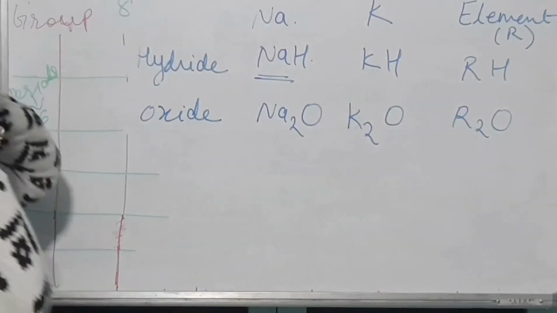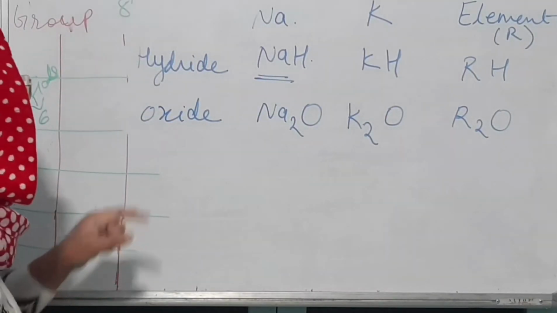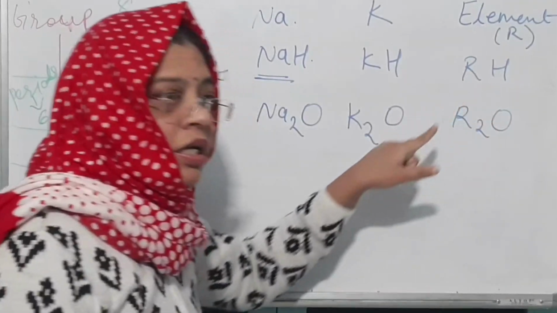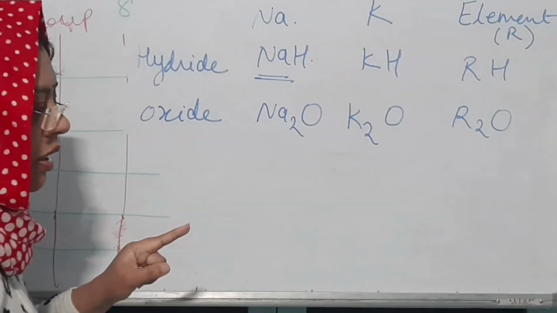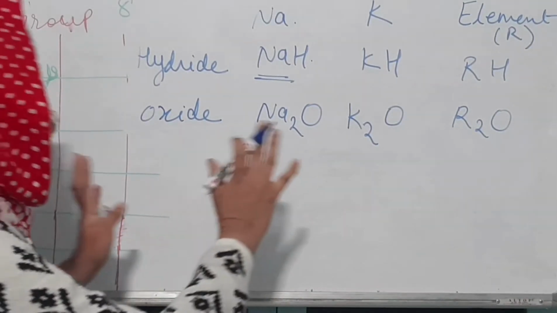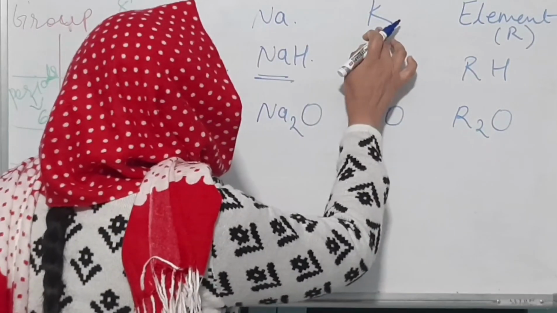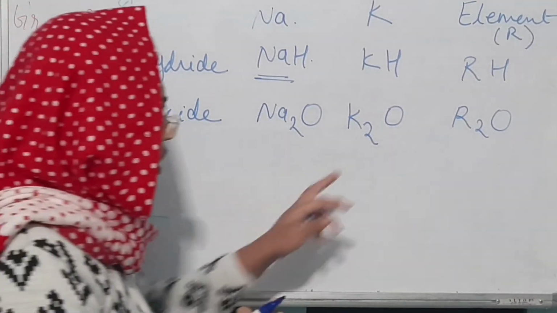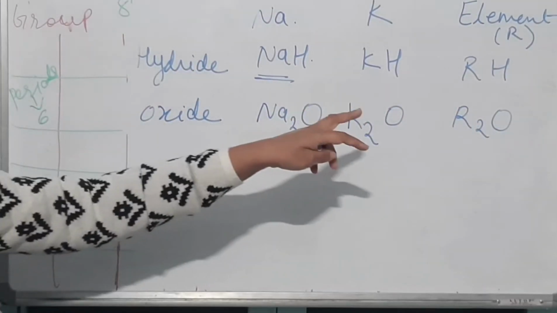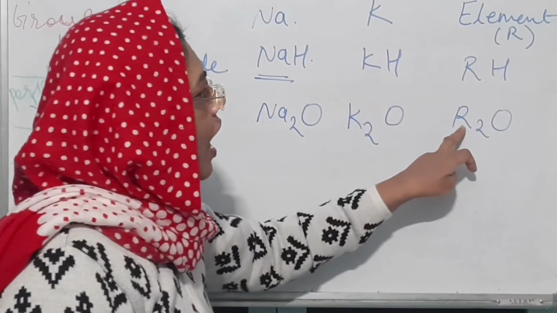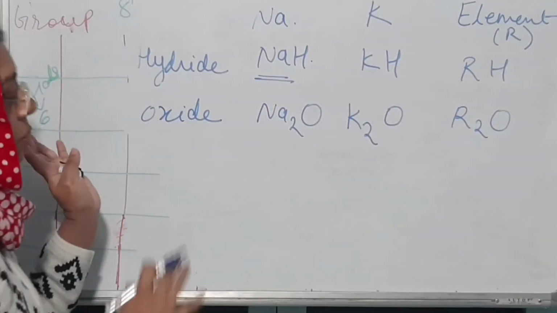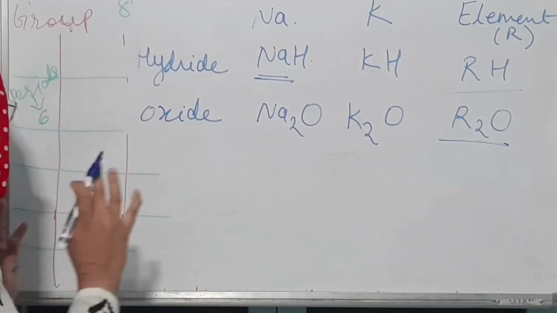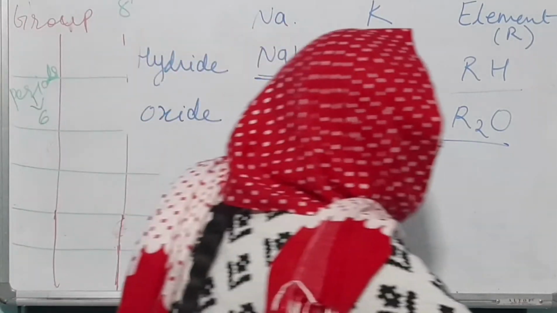It means that both sodium and potassium have the same chemical properties. So Mendeleev grouped sodium and potassium together because they had similar chemical properties. How did we study that? We have seen RH and R2O. And when you see the Mendeleev table, you will find this formula at the top of each column. Let's see that.